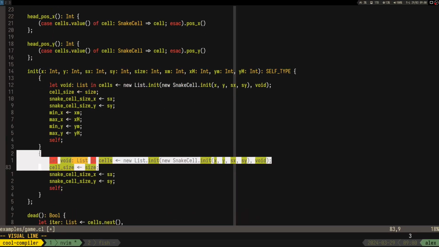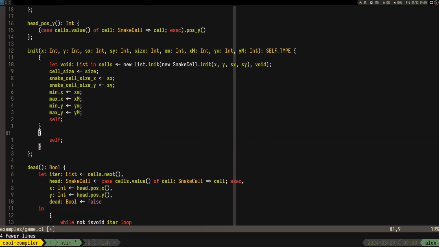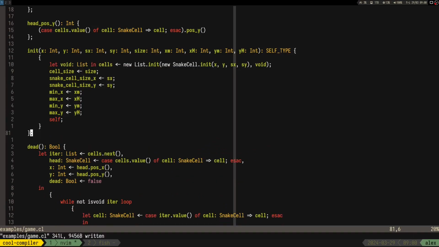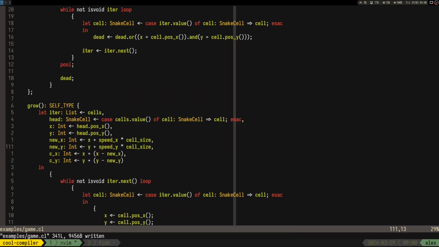Right. Now this thing should be here, just in case. I don't know what Copilot did there, so just to be safe. So yeah, now we have min x, min y, and so on. So here when we, damn,